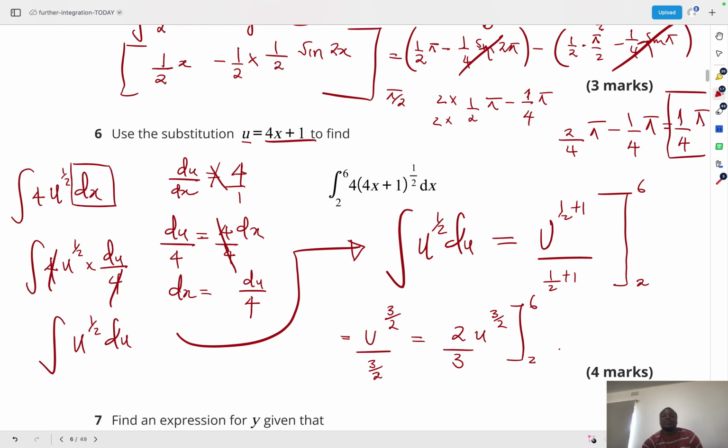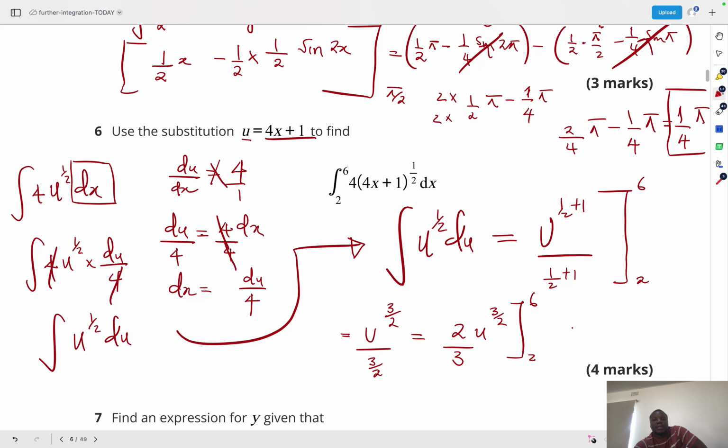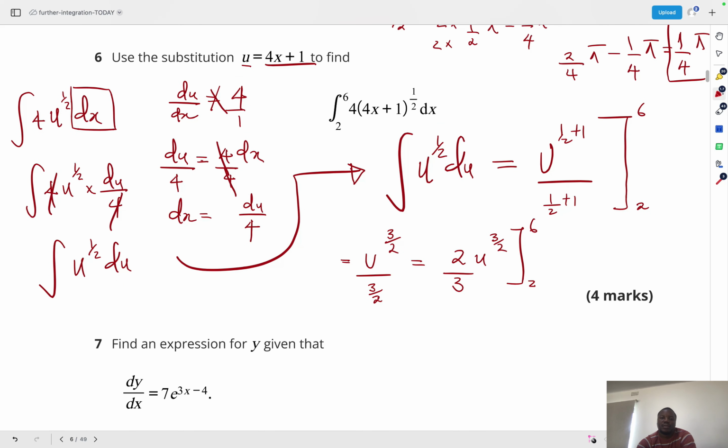What we're going to do now is substitute these limits and see what we get. So if you do your substitution, you get 2 over 3, your u,